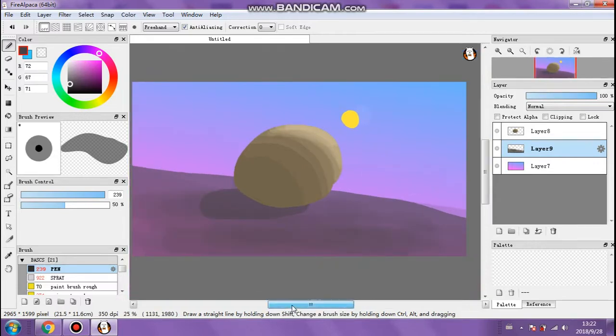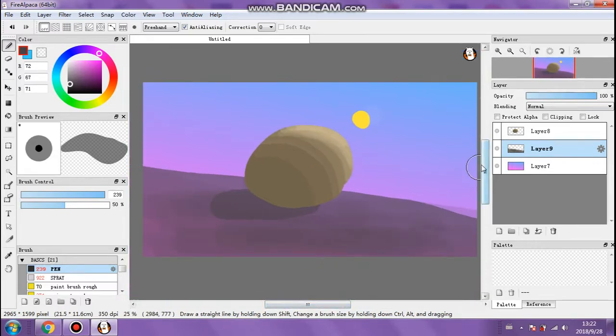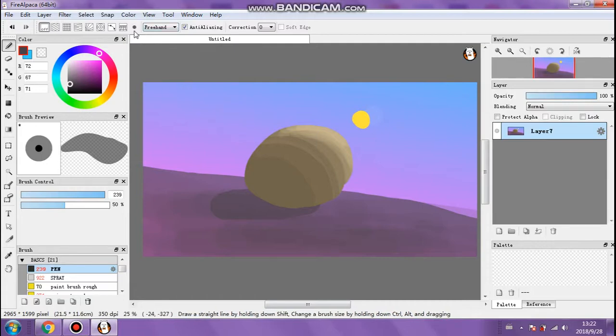And also you've got different things you can do. Let's merge everything down. Let's merge the layers down. Click on the top layer and click this fourth one on the line here at the bottom, merge down, and merge down again. Now we're going to go up to the top of the page and go to filter, and